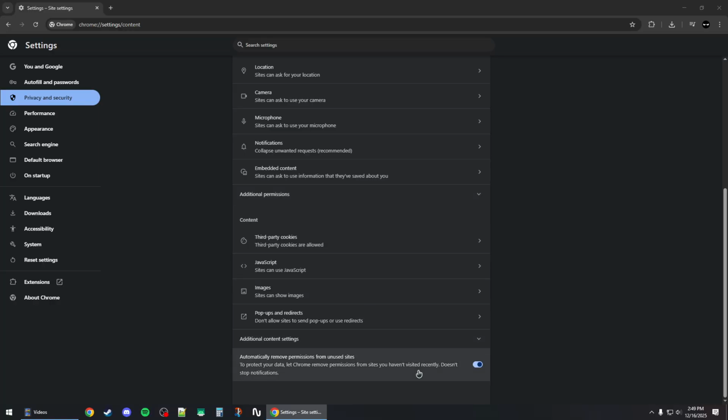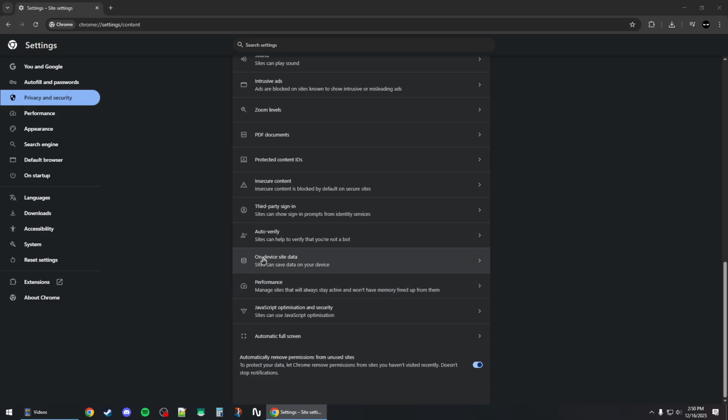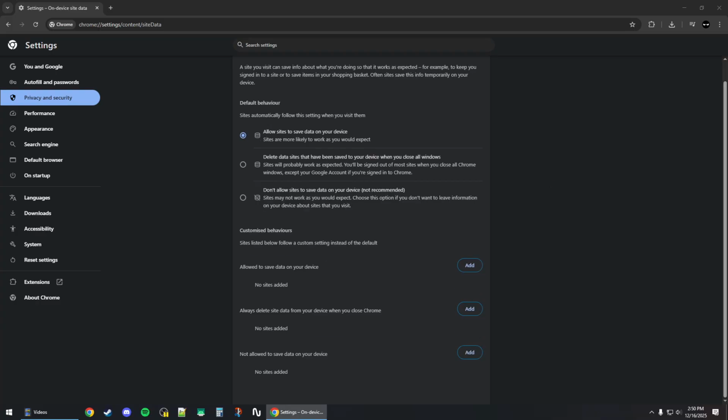and then scroll down to the bottom and click on Additional Content Settings. And then scroll down again and click on On-Device Site Data. And then you want to make sure that Allow Sites to Save Data on your device is checked, which is this one here. And then all you need to do is click on Add next to Allowed to Save Data